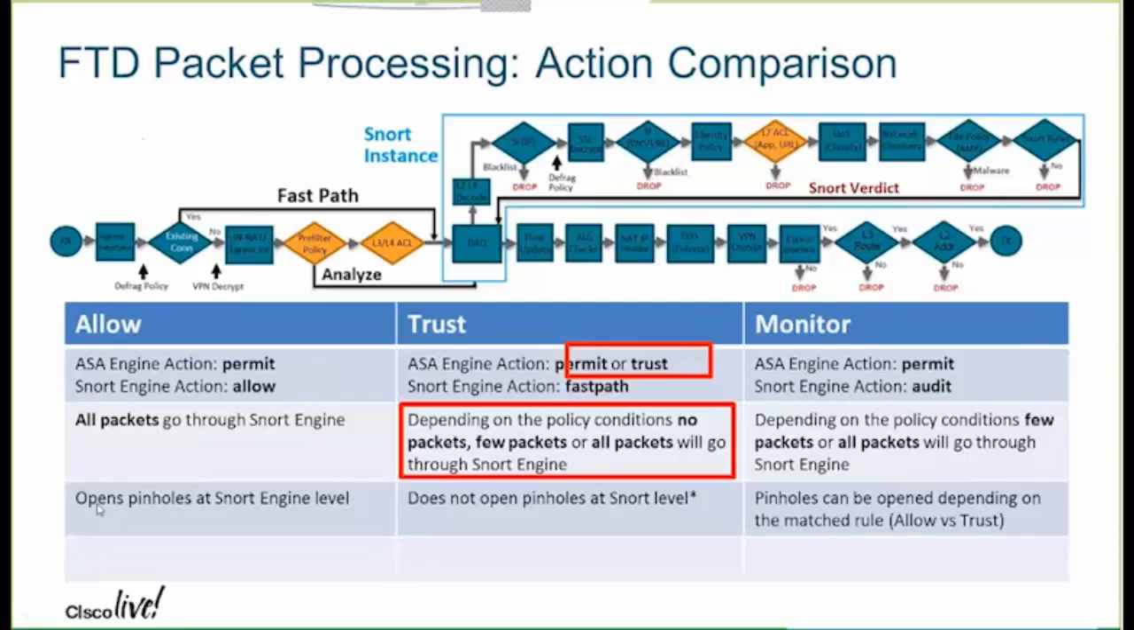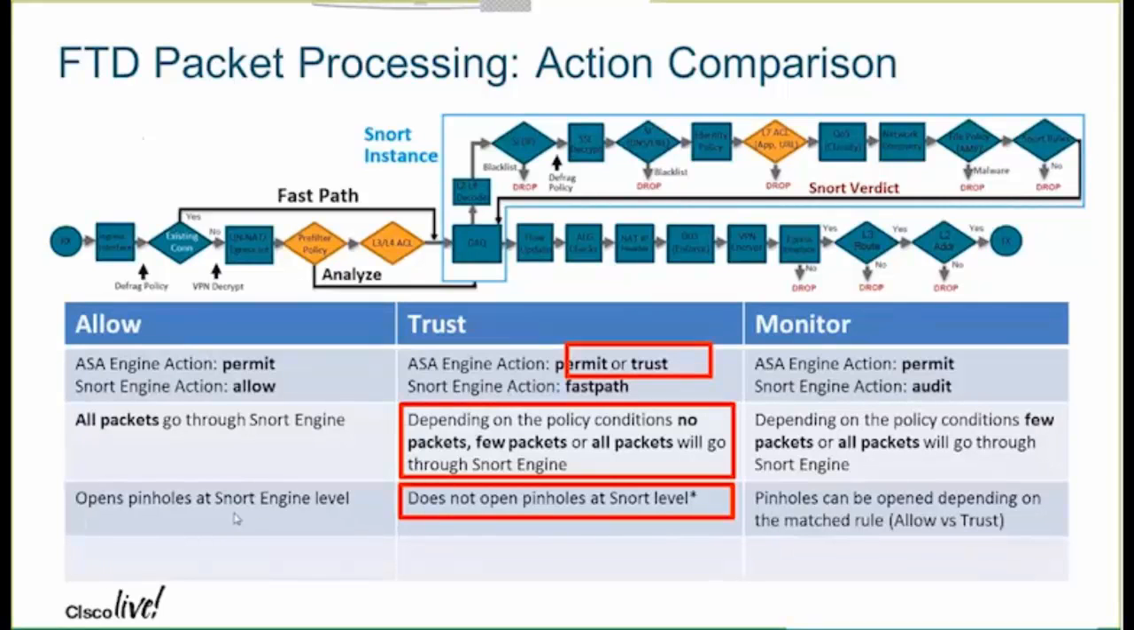In case of trusted traffic, especially in case of inspected traffic, if dynamic pinholes need to be opened up, then keep in mind that the action has to be set to allow over trust, because there may be a requirement where a dynamic pinhole has to be opened up, especially with something like FTP traffic, where the initial control connection happens on port 21 while the data connection can happen on any random port,